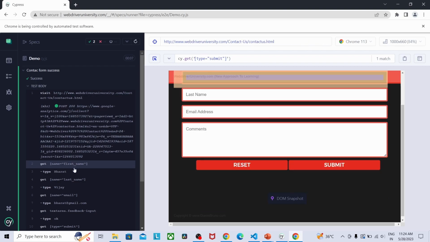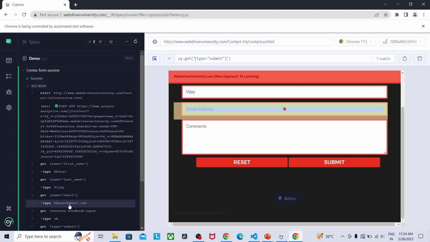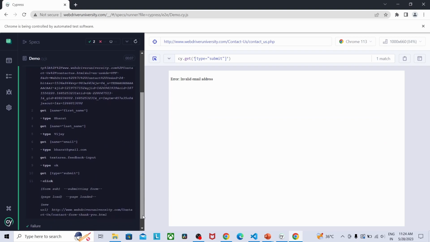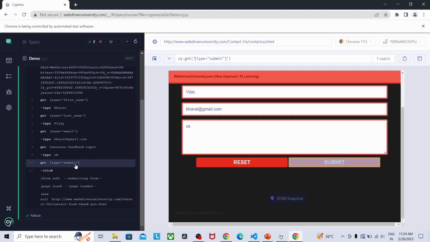Next first name, next last name and the value has been entered. Email and the email has been entered, and here you can see comment and the comment has been entered. Next we have got the submit button and it has been clicked, and you can see here